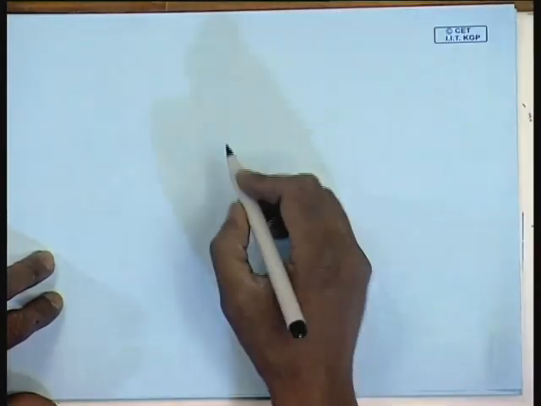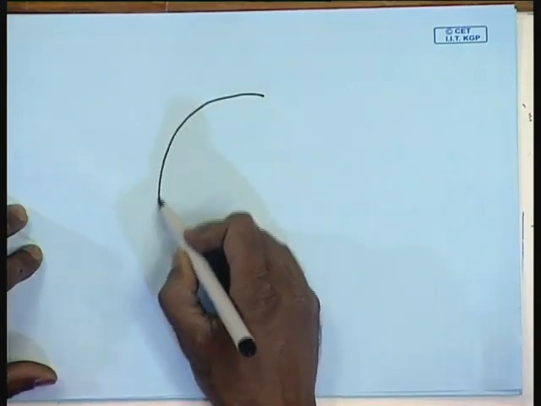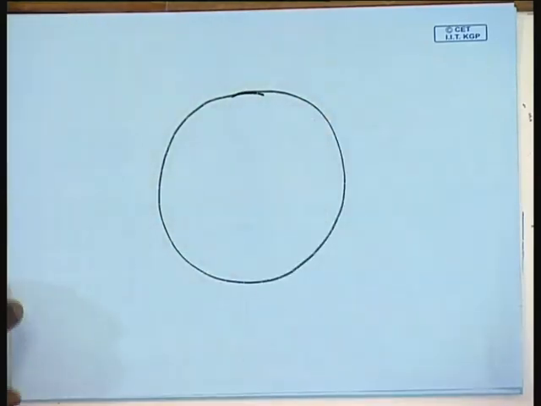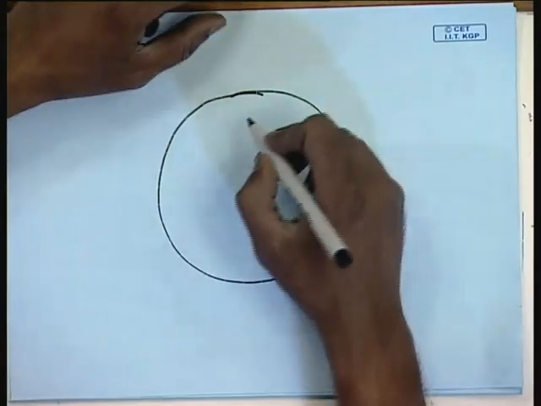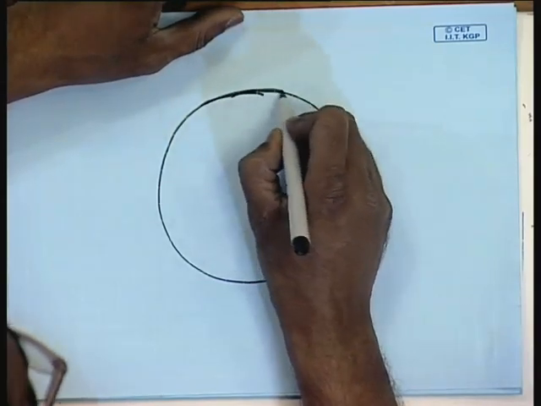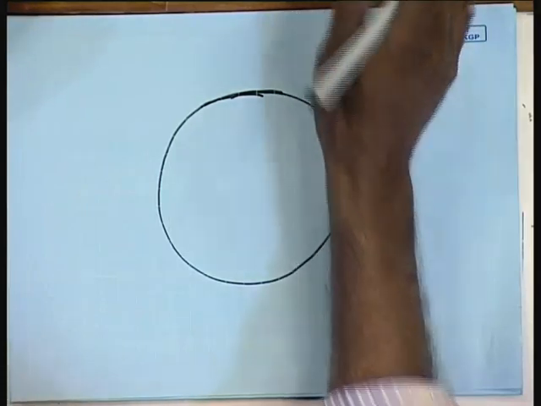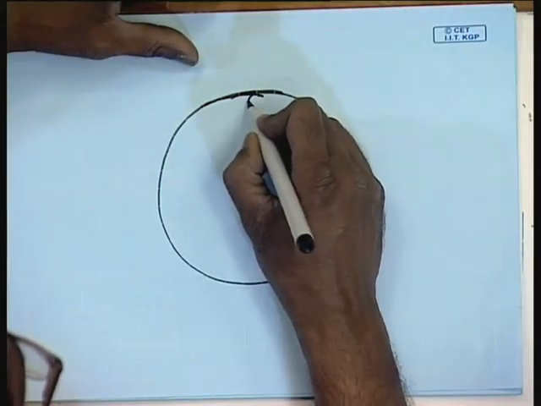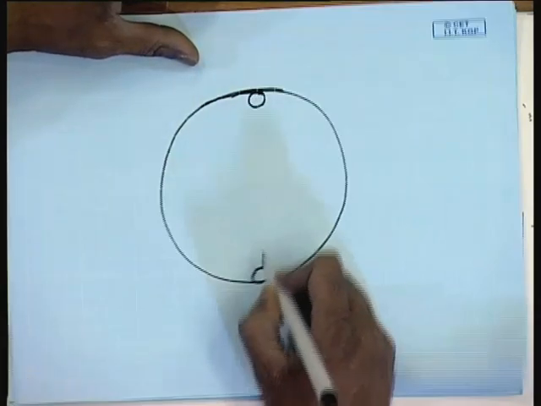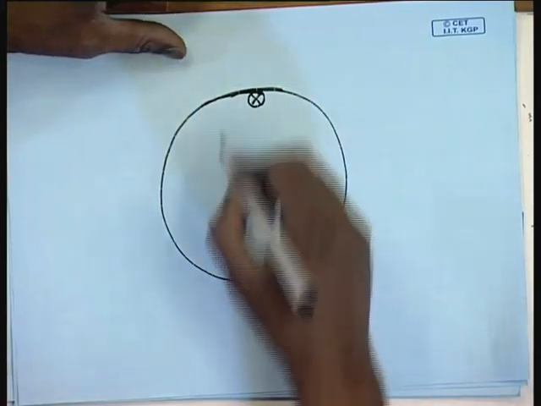Similarly, looking at the armature, it will never have only one conductor. In fact, that will be a very poor utilization of the armature surface. Not only that, we have seen if I have only one conductor, then